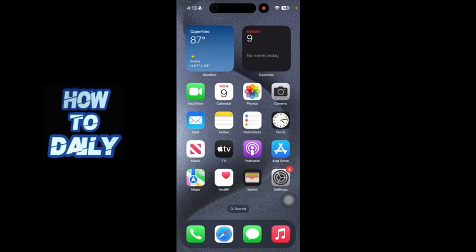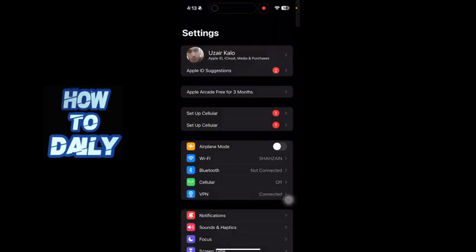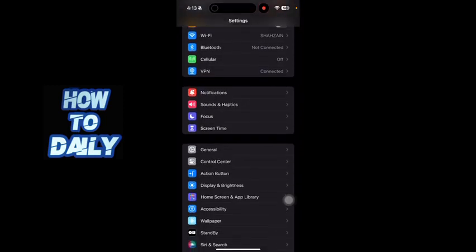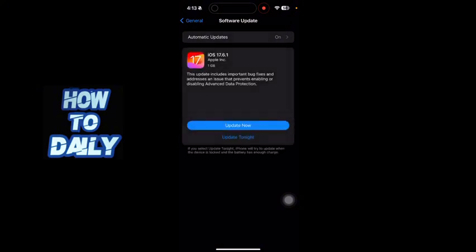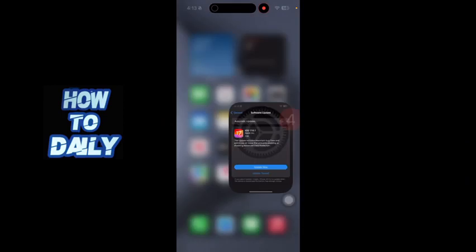Alright guys, so first of all just go to settings and scroll down until you see general, click on software update, and here it will show you iOS 18 if it's available. Unfortunately it's not officially available yet, so once it's available just click on update now and it will start updating to iOS 18. However, if it doesn't update, what you can do is a force restart